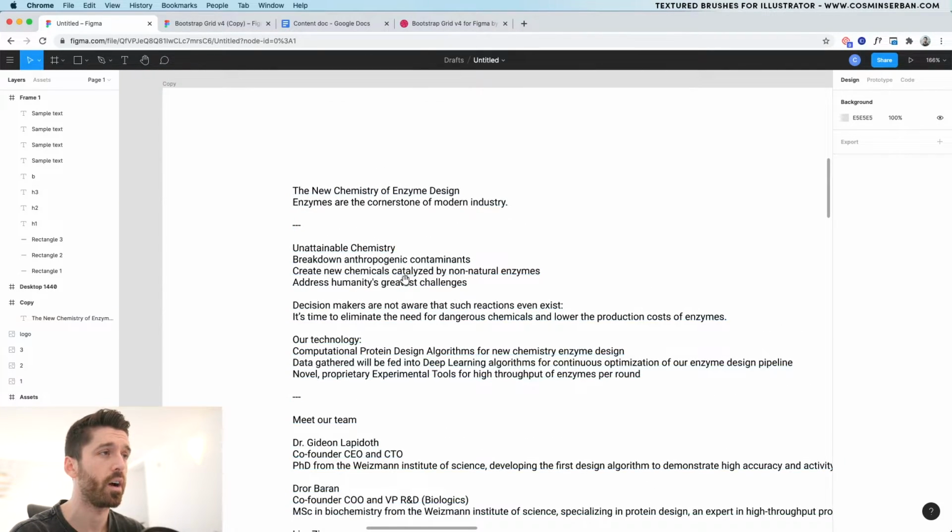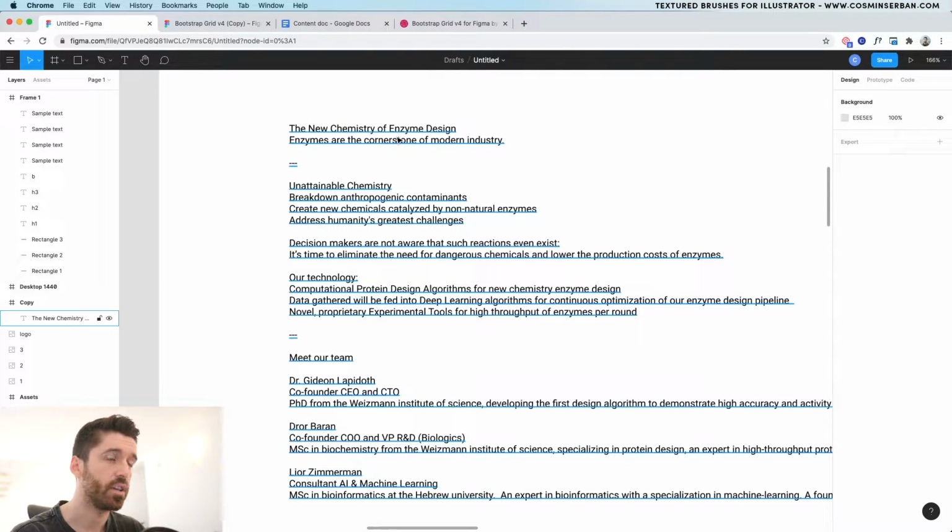So let's take a look over the copy. I'm going to start with this first section, which is going to be the header section. It's going to have probably the logo, then the main headline, sub-headline. It's not specified in the content doc, but I'm going to probably add a way to act there. So I'm going to add a button because the goal of this page is for people to contact the team. So I'm going to have a button that says find out more.